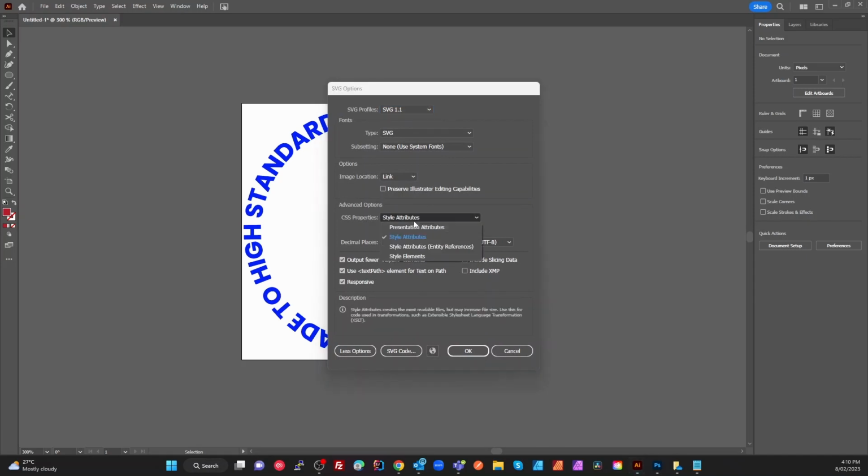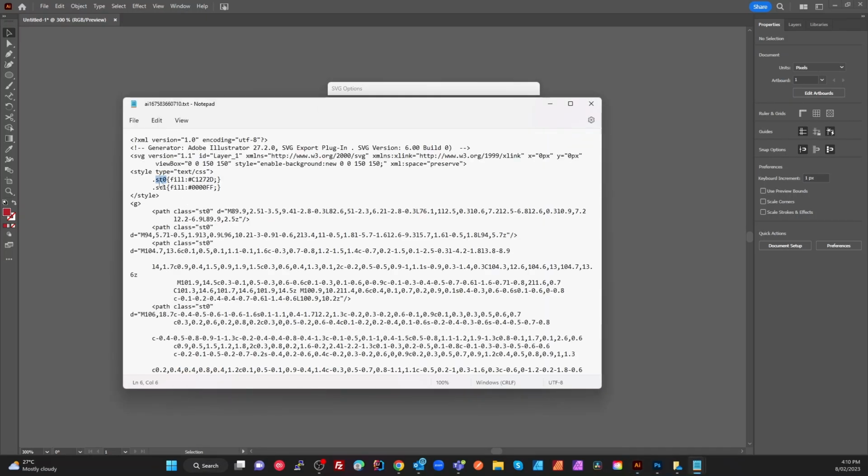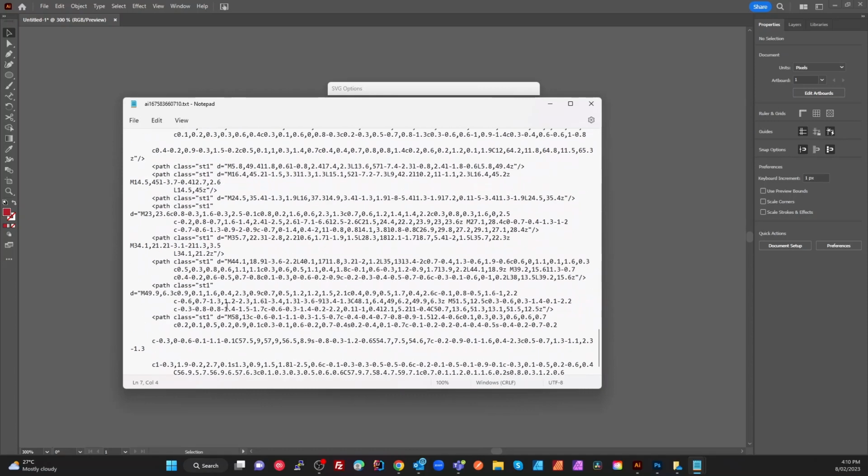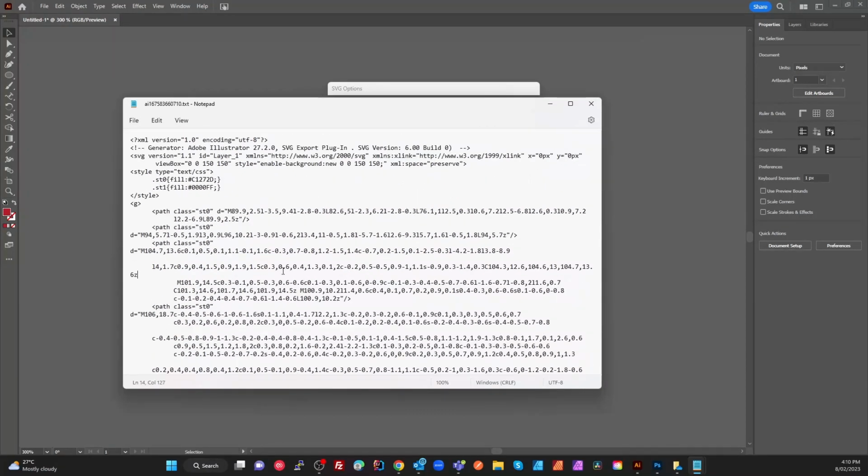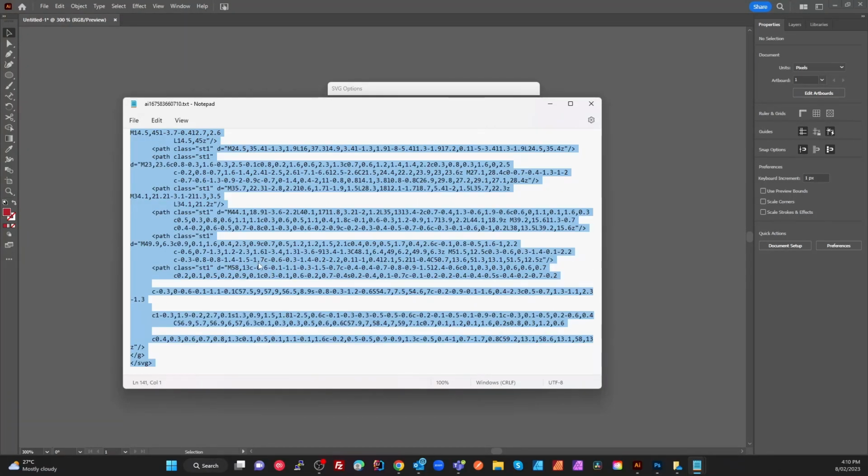Okay, and then we make sure we select Style Elements, and then copy our SVG code. So we've got an ST0 with no stroke, we just got a fill. Right, we're going to override these anyway. ST0, ST1, and there's our paths for our text there. Okay, so let's copy all of that and head over to